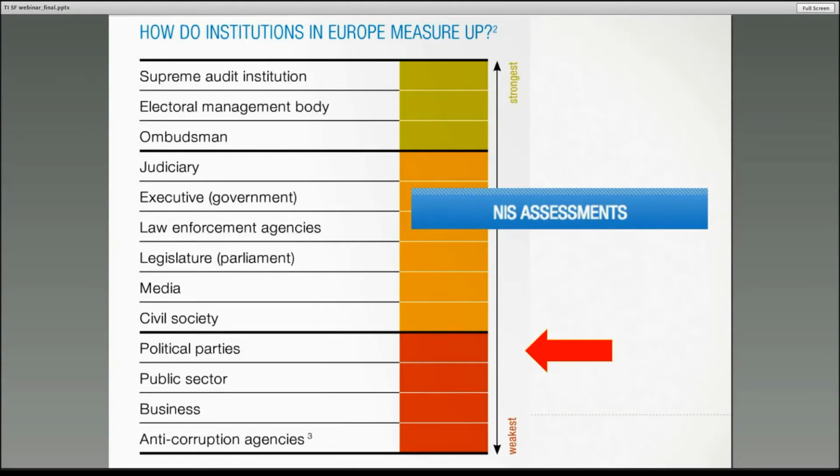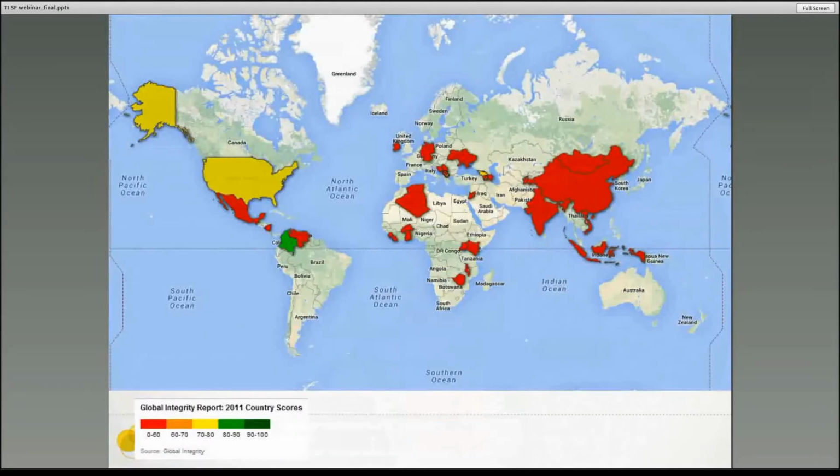If you take a look at the Global Integrity scorecard and the map, the visualization of the effectiveness of laws that try to regulate political finance transparency, you'll also see that most of the surveyed countries in the recent report from Global Integrity perform really badly when it comes to regulating political finance transparency.